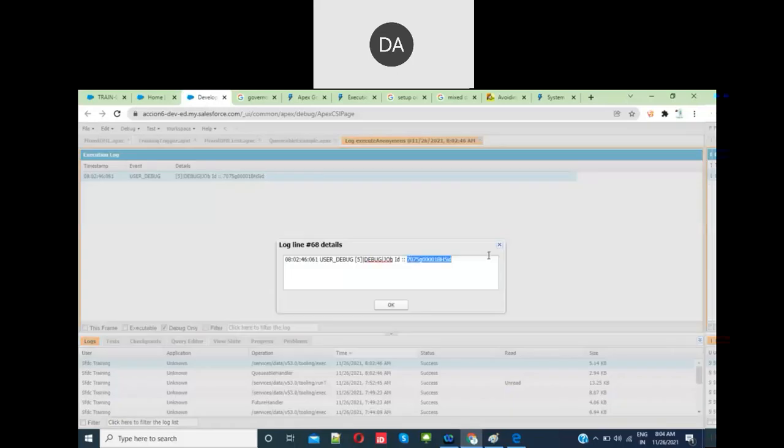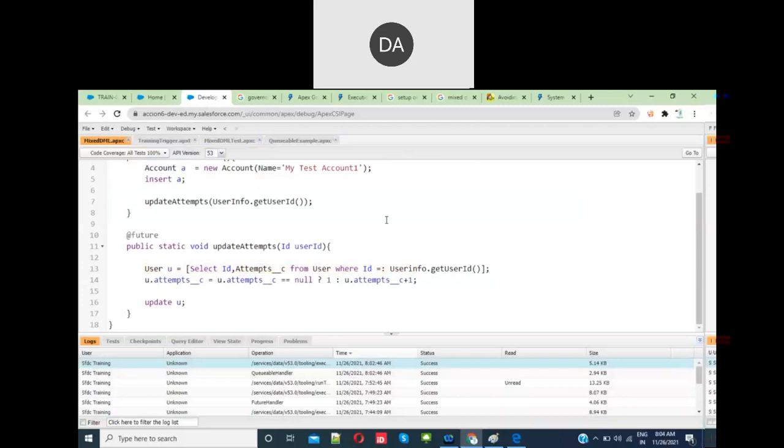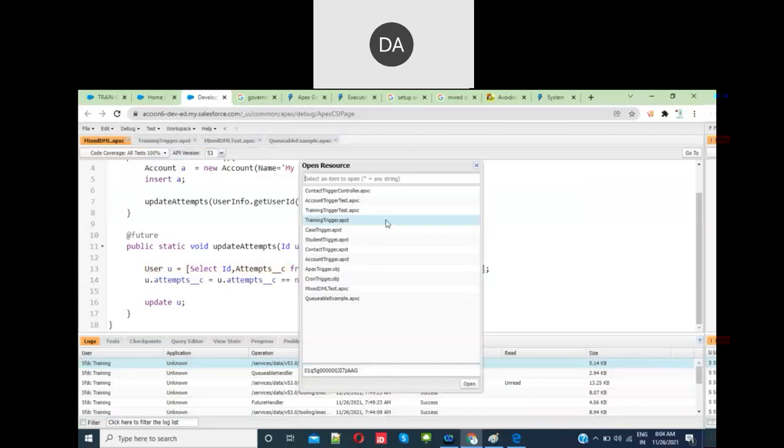But when you compare with the future method, it doesn't return any job ID. You cannot track it, but you have the job ID for the queueable apex. So for that, we have one object called AsyncApexJob. AsyncApexJob. Here